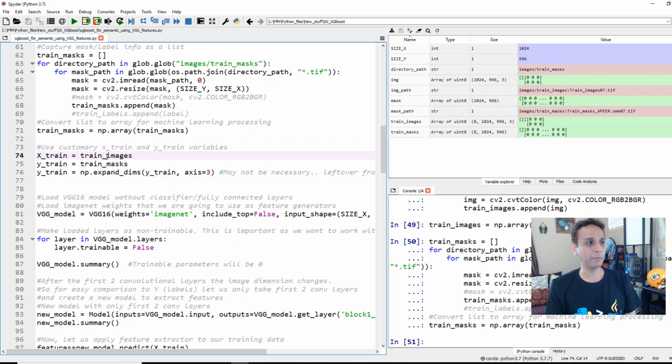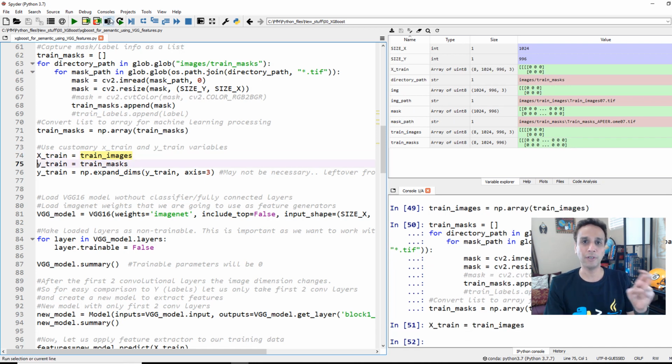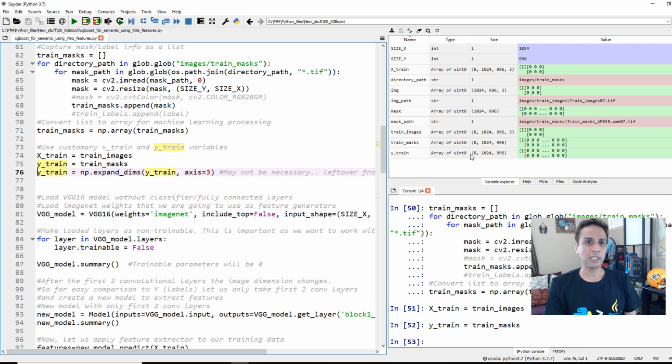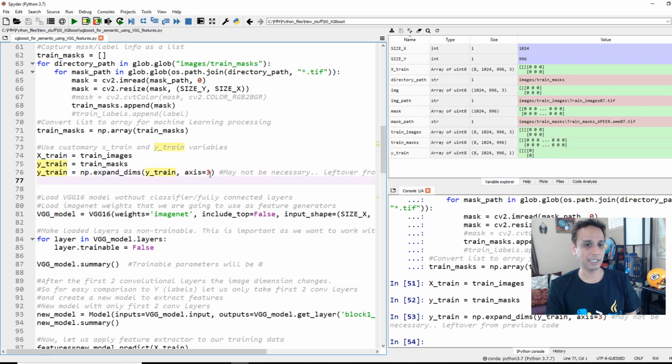Okay. These steps are optional. I'm just renaming my train images or copying that into Xtrain because it's very common to use Xtrain and Ytrain as part of our machine learning, right? I should have been better in naming this right from the beginning. Okay, Ytrain. Now, if you look at my Ytrain, it's only 8 by 1024 by 996, but we need the 4th dimension showing the number of channels. So I'm expanding the dimensions by adding one at axis 3. So now you can see my Ytrain is 8 by 1024 by 996 by 1. So now my train images and Ytrain